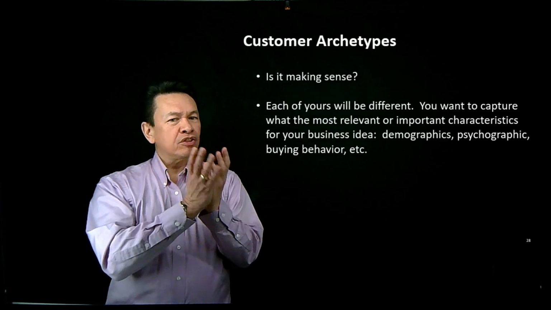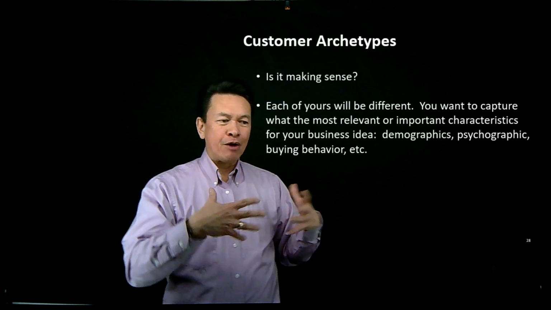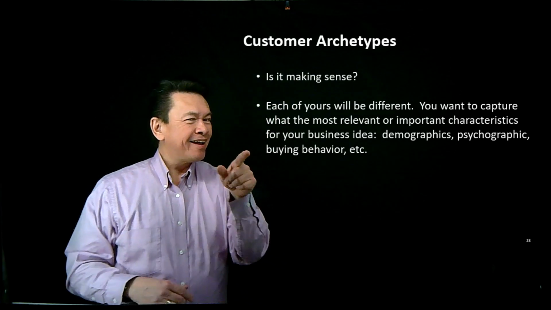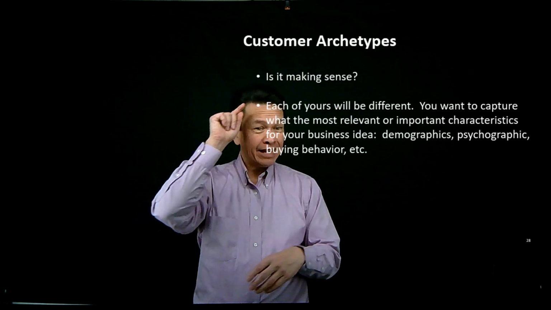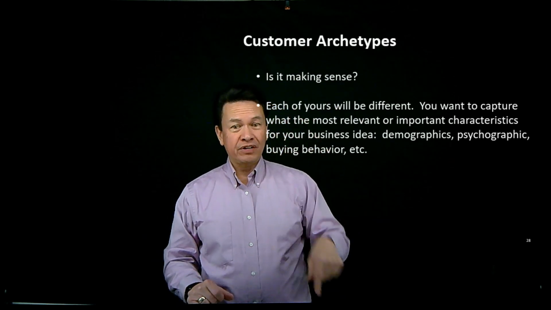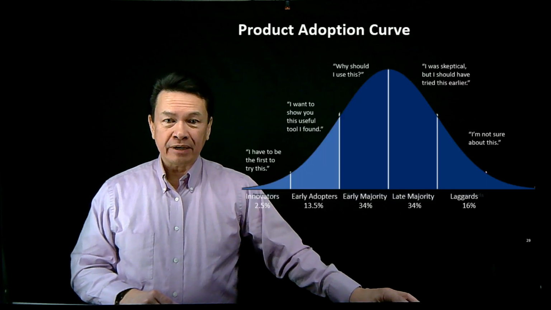So think about what are the most relevant and important characteristics, right? And so when you're sharing that with us, I want to feel them. I want to basically sit there and say, hey, I know someone that's just like that, right? Oh, wait a minute. I know so-and-so. That is exactly a Justin, or that's a Victoria. You got it? So that's what we're trying to figure out on the archetype, okay?